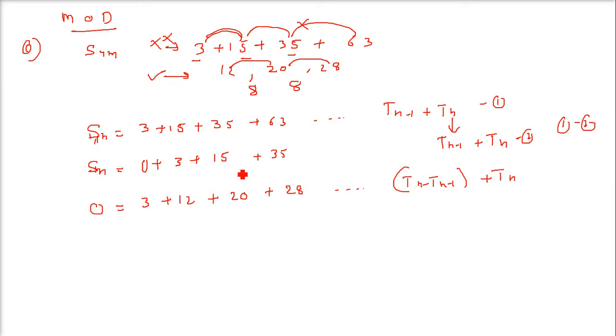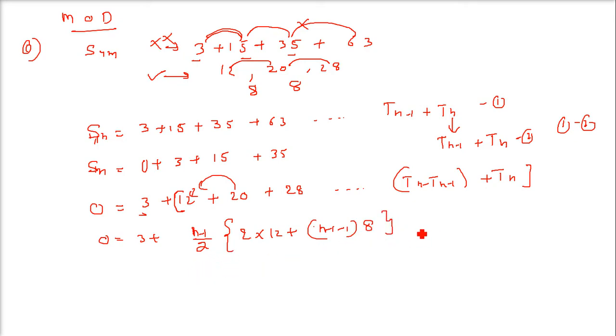Now this is from here, as I said, from here till these terms. These are from 12 to Tn. These are of course in AP. So let us find out the sum. 0 equals 3 plus, and what is the sum? n by 2. And since terms up to Tn minus 1, because one term is less, one is already taken, so we have n minus 1 by 2 into 2a, what is the first term? 12, plus n minus 1 minus 1, because the last term is n minus 1, into d. What is d? 8.